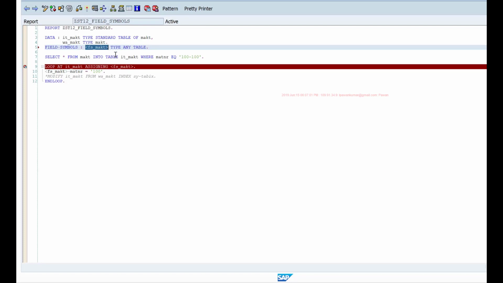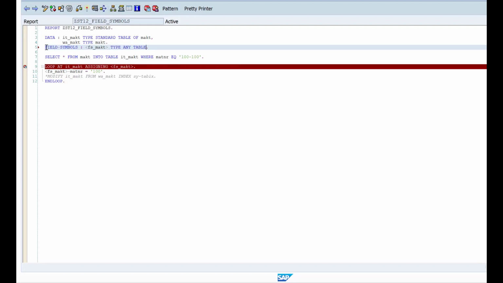internal table itself. With data objects, you cannot say type any or anything because we use these field symbols to dynamically handle things at runtime while the program is running, and there would be situations where you may not be able to determine the type of the data object statically at design time while you are writing the code. So in those situations, we'll define it as type any, and at runtime, it will take any form based on the data object you are assigning to the field symbol.